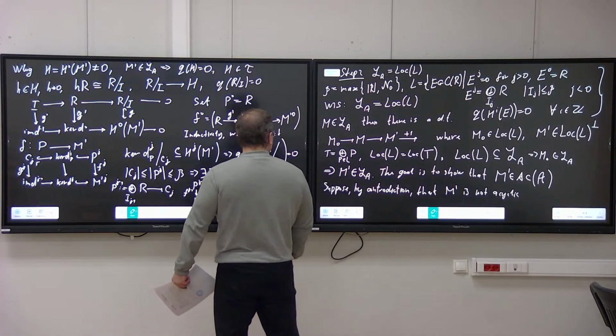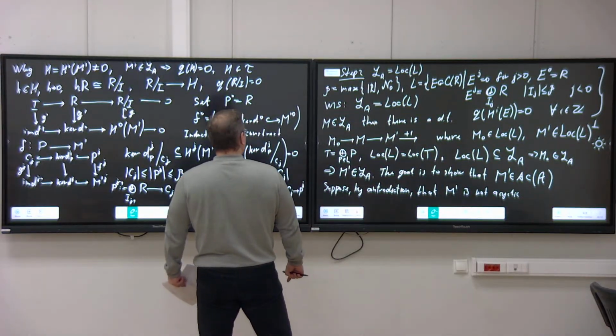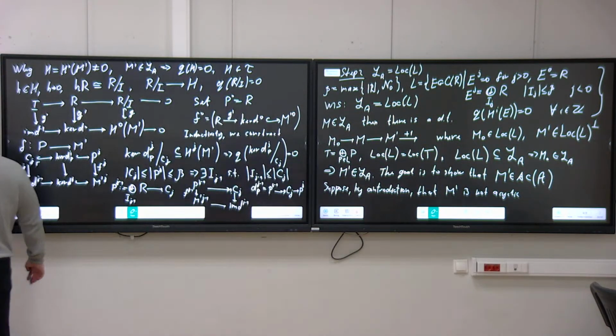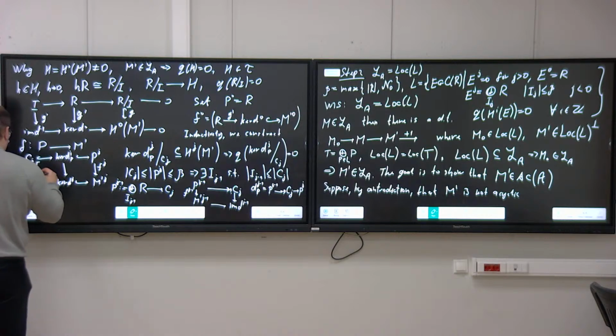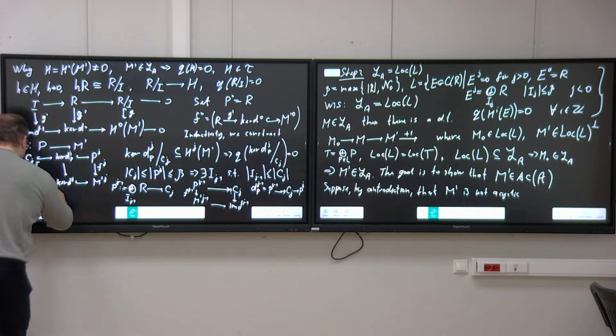So anyway, what we've done, we constructed some non-trivial map, right? By construction, we can see that the P that we have is some object in the set L. By carefully looking at what coordinates we have on each step, we can conclude that P is in the L. So then we have a map F from the P to the M prime, and also the H0